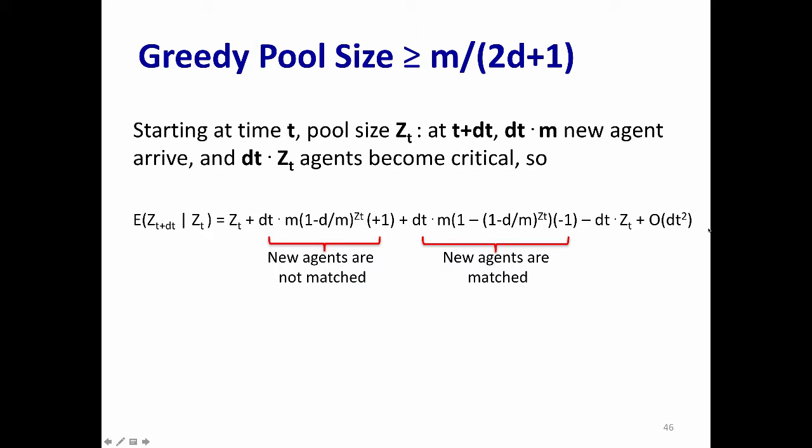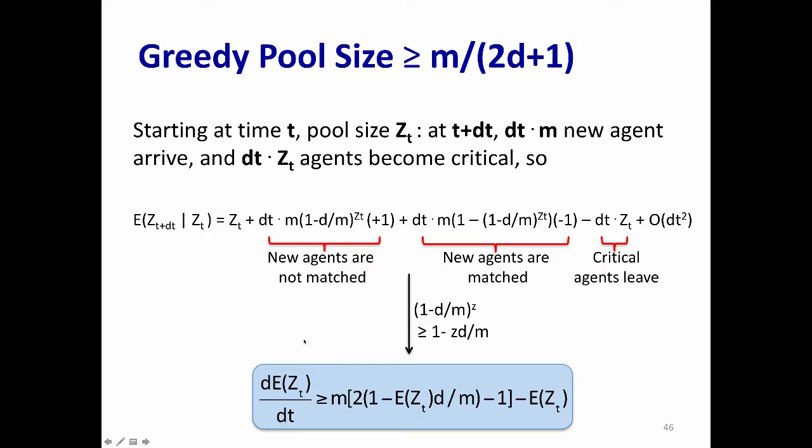And then I have some lower order terms, dt squared and so on and so forth, which I don't need to be worried about, because what I'm going to do after this is to take this zt to the left-hand side, divide everything by dt, and then let dt go to 0 to write down the differential equation associated with